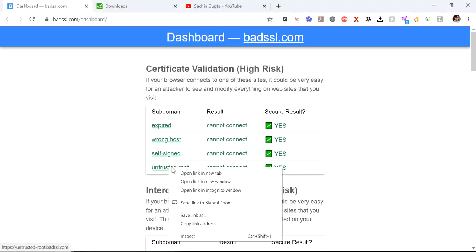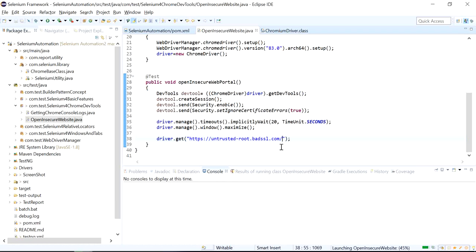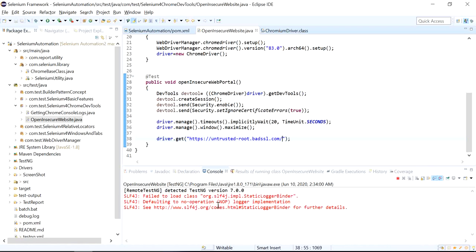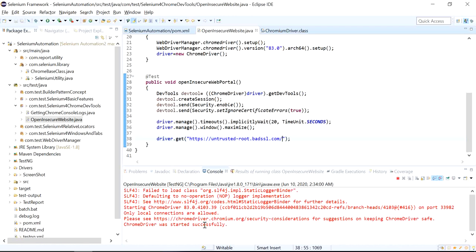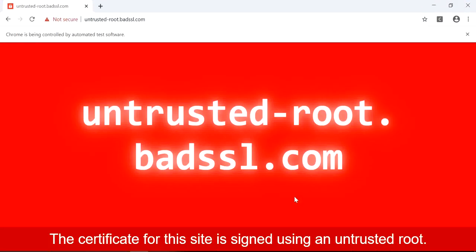So let me test untrusted root as well. Let me use this URL. Let me open this. Now the web page is going to open. We can see the logs here, and if you go in the logs, you will see the driver version I'm using is 83.